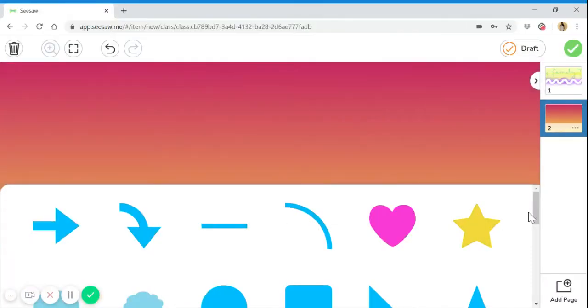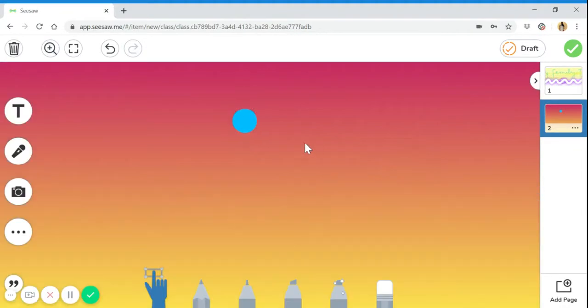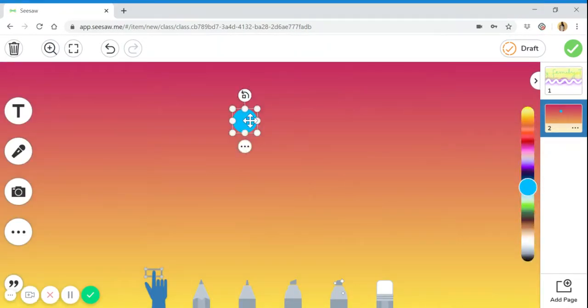Now I choose supposingly a circle shape. I click on the circle shape and it comes here. Click inside this drawing again. When you click on the circle shape, you can see these 8 small circles. From here, when you bring your mouse here, you will see a double arrow. Click on the double arrow and drag it outside to increase the size of this circle. If you click the arrow and drag it inside, it will decrease the shape.